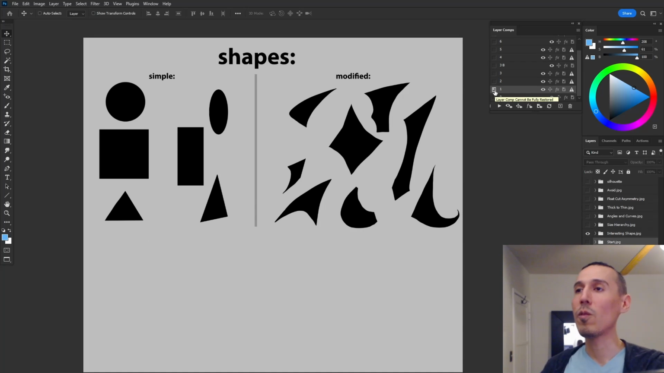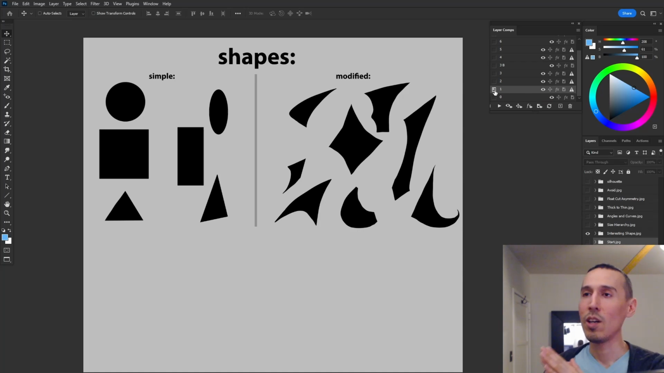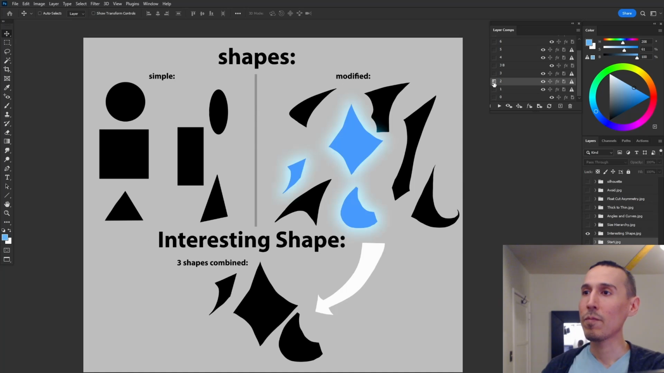Alright, before we get to those, we have to know what we're kind of working with. So for the sake of this video, we're going to define shapes. On the left, we have simple shapes, and on the right we have our modified shapes. To create an interesting shape, usually I take 3 of the modified shapes and combine them. The next steps will be incorporating all the other guides that I mentioned